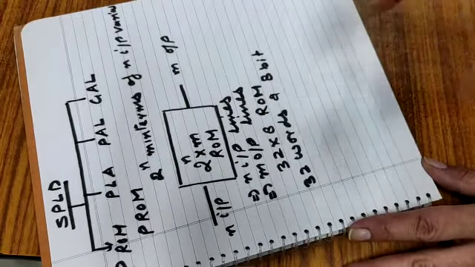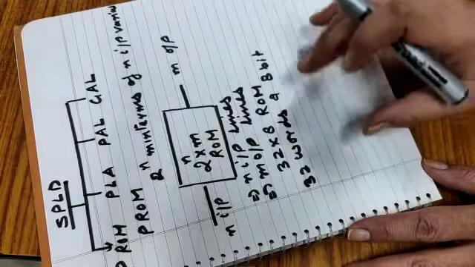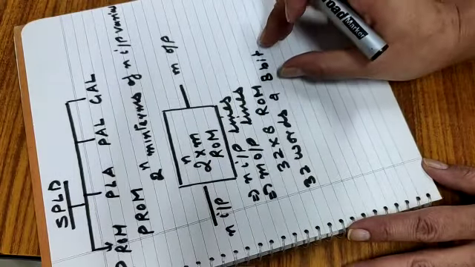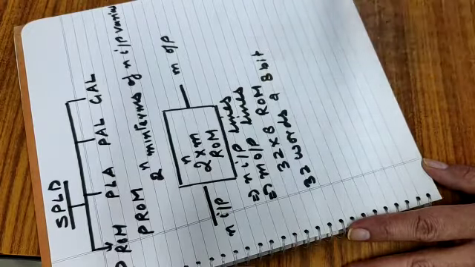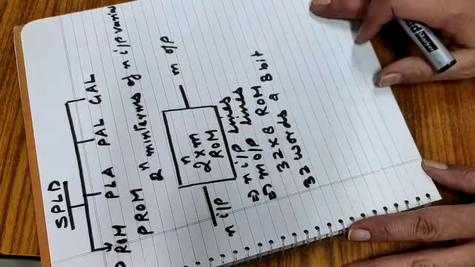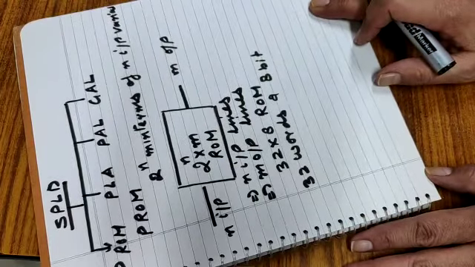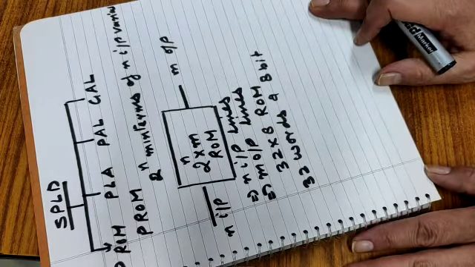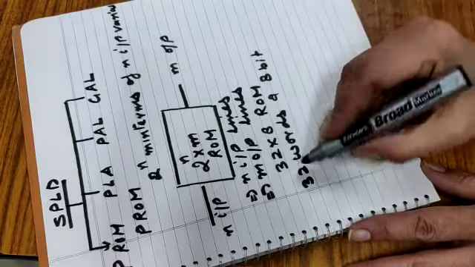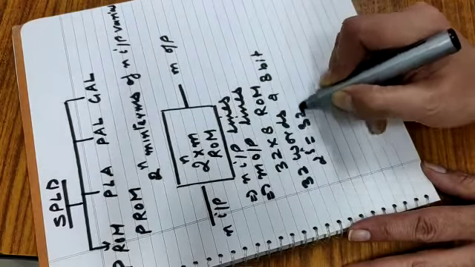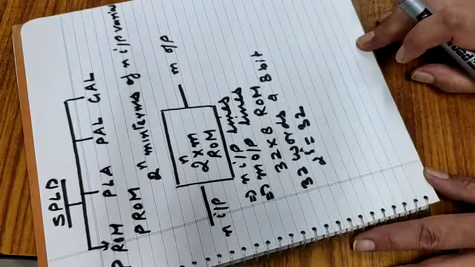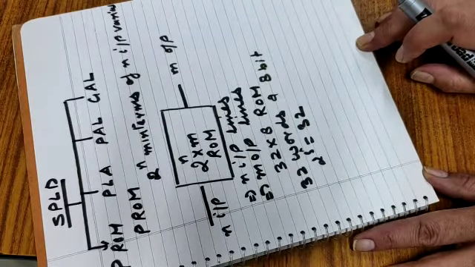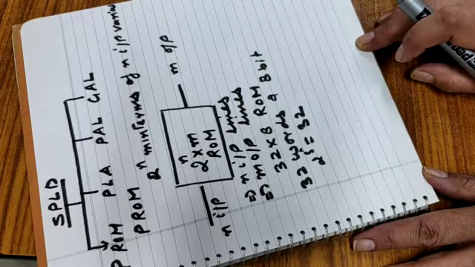It may be 0, 1, 1, 0. So the 32 words each have 8 bits of information, and with these 8 bits one word is created. This means that there are 32 distinct words stored in the unit, each of which may be applied to the output lines. For a 32 x 8 ROM, the address lines will be 5 because 2 to the power 5 equals 32. With 5 variables, we can specify 32 addresses or minterms. For each address input, there is a unique selected word.